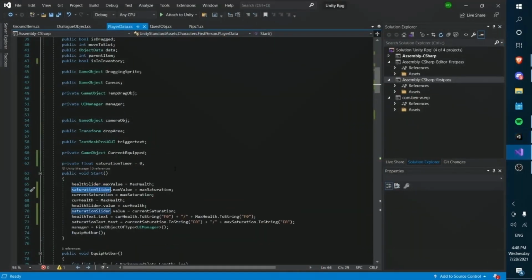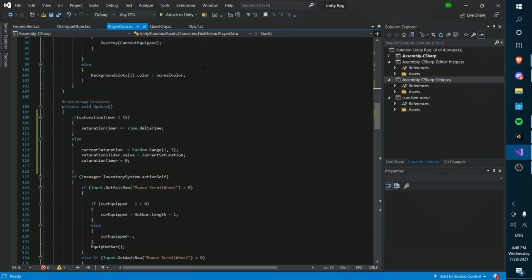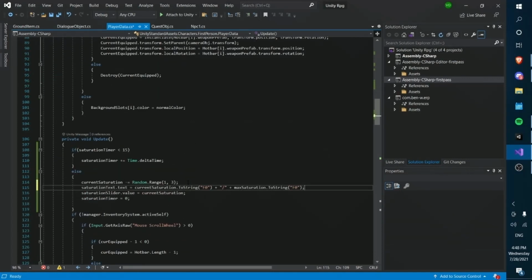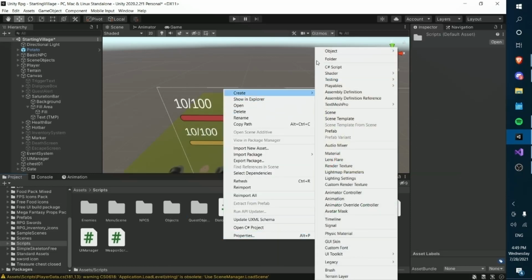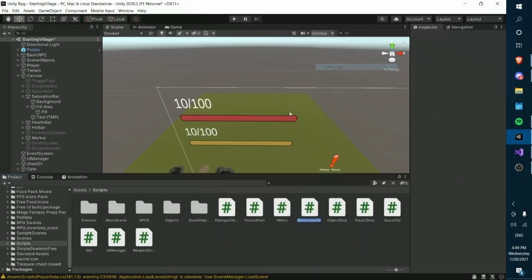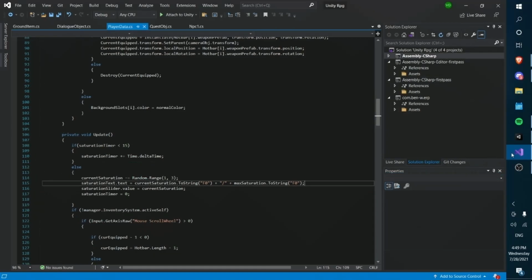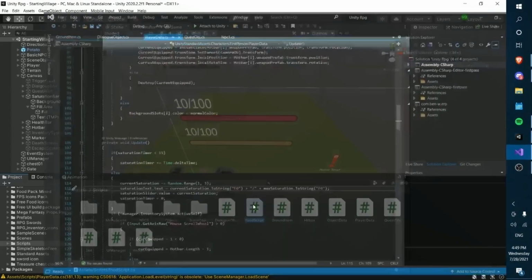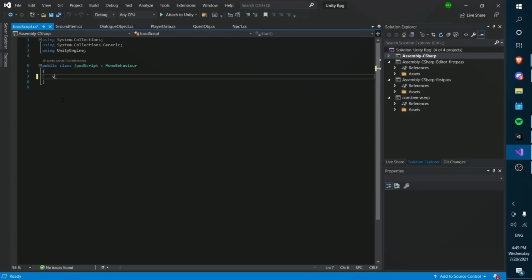Okay, so the only thing missing is that we have to set our saturation text. But we know that lowering our saturation works. So now we have to create a food script. We're going to go into our C# script and create a food script, and attach this to the potato. On void Update,